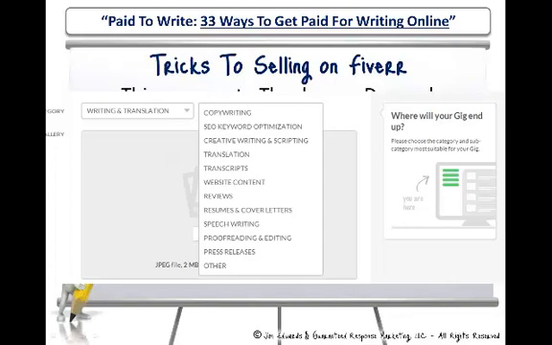This is why I'm telling you that you would want to have multiple gigs based on the stuff that people are looking for. So somebody who's looking for copywriting or website content, totally different things. And so what you need to do is make sure that you think about what somebody would actually be searching for. And now you can take it even further,